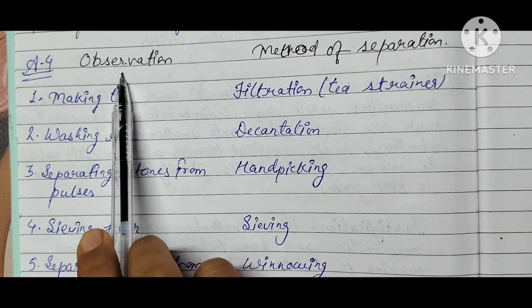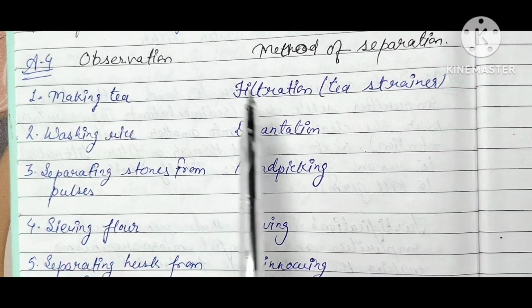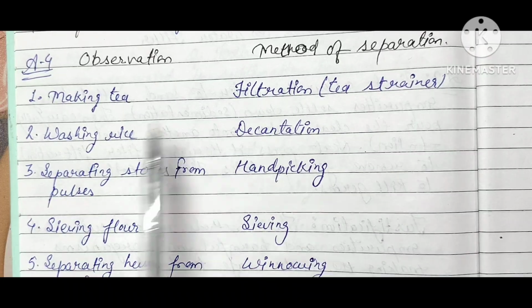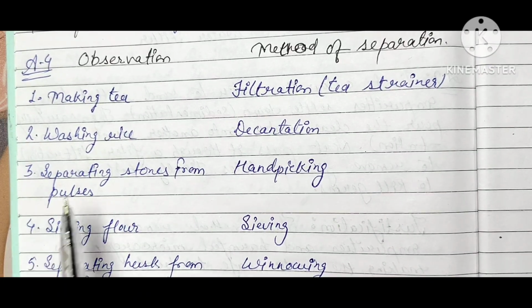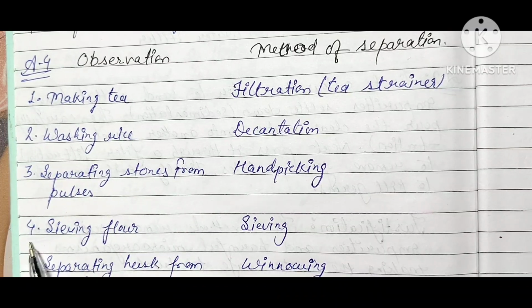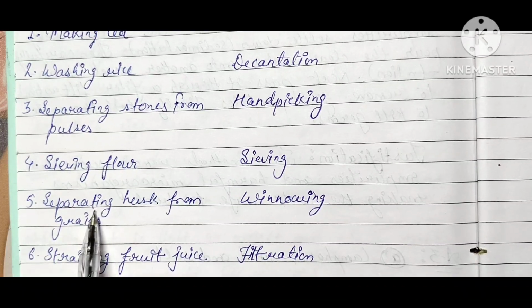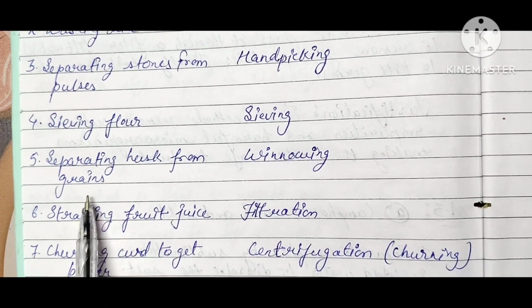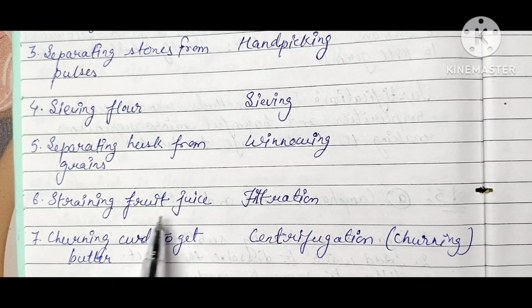Answer 4. Observation method of separation. First, making tea, filtration, tea strainer. Second, washing rice, decantation. Third, separating stones from pulses, hand picking. Fourth, sieving flour, sieving. Fifth, separating husk from grains, winnowing. Sixth, straining fruit juice, filtration. Seventh, churning curd to get